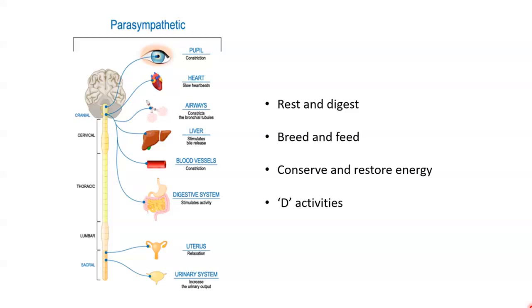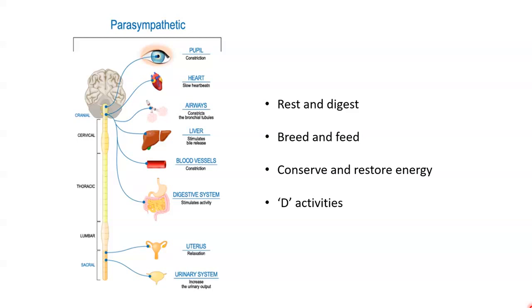The parasympathetic division also tends to oppose the effect of the sympathetic division on many of our organs, when these responses are not required. So for example, the parasympathetic division will constrict your pupils, it will decrease your heart rate, it will decrease the diameter of the airways leading into your lungs if that is not required.